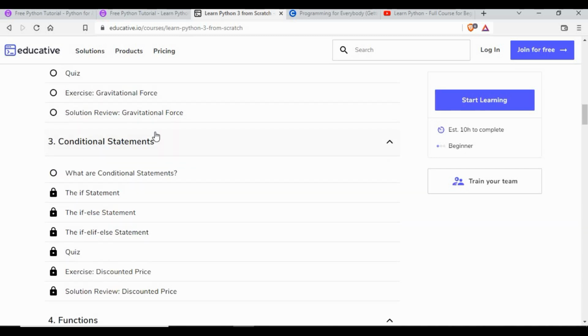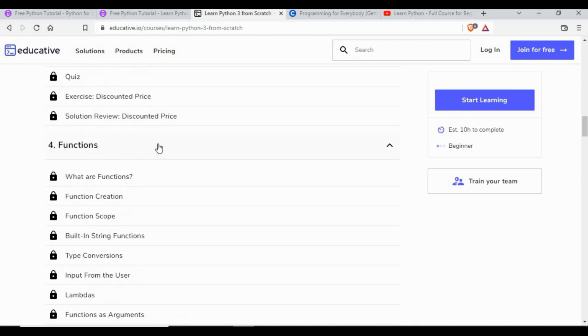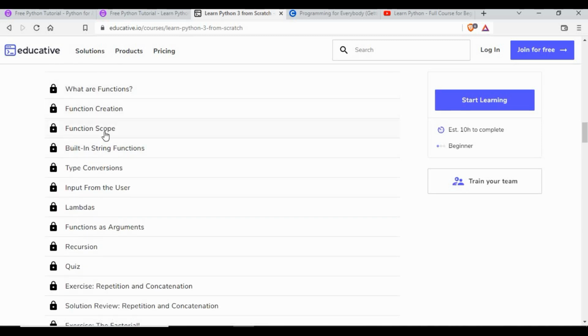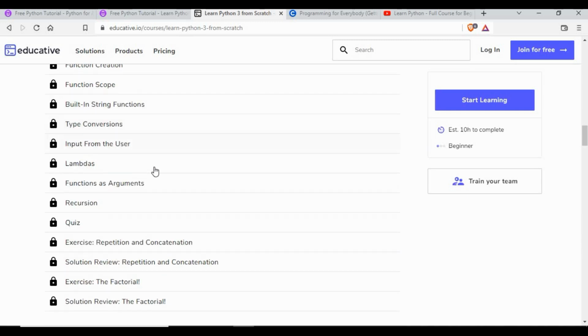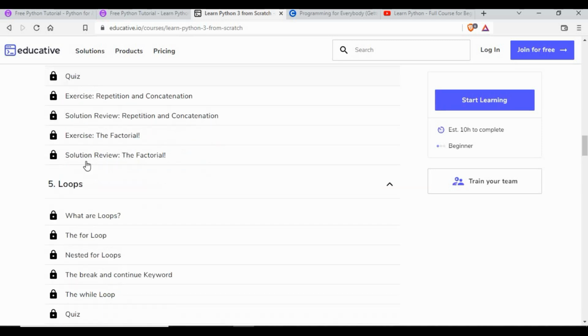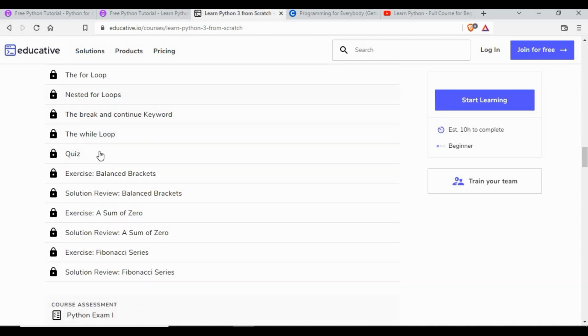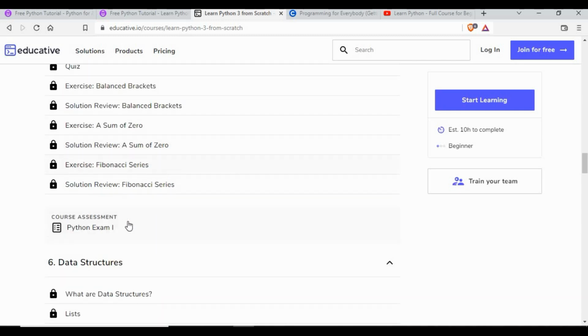And there are conditional statements, like what are the conditions, the if statement, else if statement, and a quiz. And there are functions, like what are functions, function creation, function scope, type conversion, input, function arguments, recursion. And loops: what are loops, for loops, nested loops, break and continue keywords, while loop. So all these things are covered, and you also have a quiz after that, and an assessment after